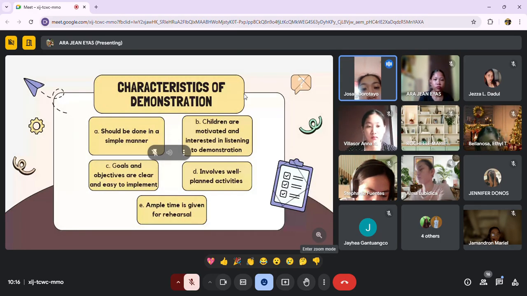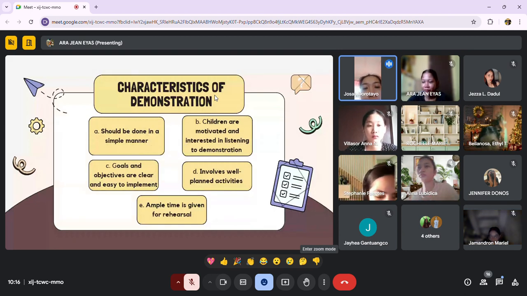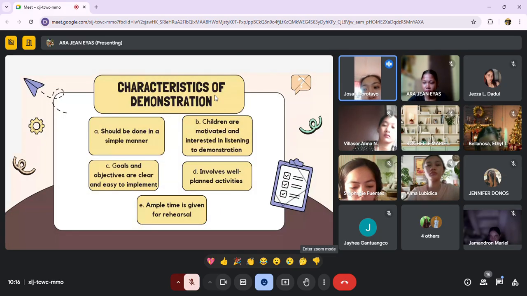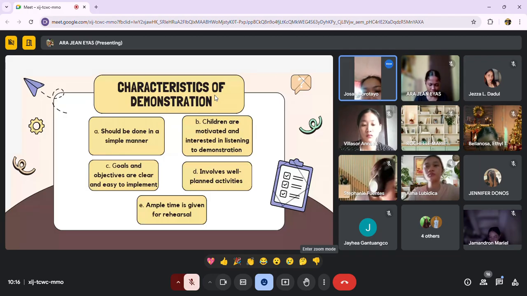So let's start with the letter A. A demonstration should be done in a simple manner. In a simple way, children are able to learn because the concepts and the words that we're going to incorporate with our lessons are comprehensible and age accurate.